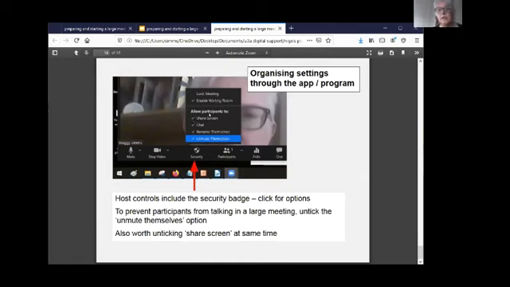For example, you'd probably want to stop in a large meeting people from sharing their screens. You'd probably want to stop them from unmuting themselves. So there are all sorts of ways of going at the organising. You have to have a look for yourselves, practice and practice, and see how it all goes for you.